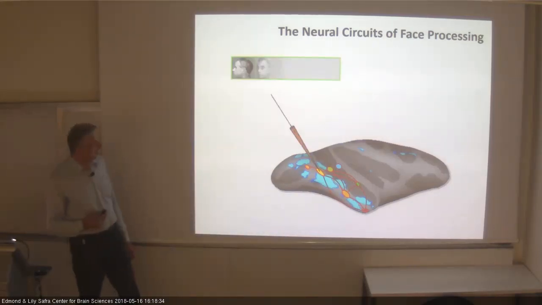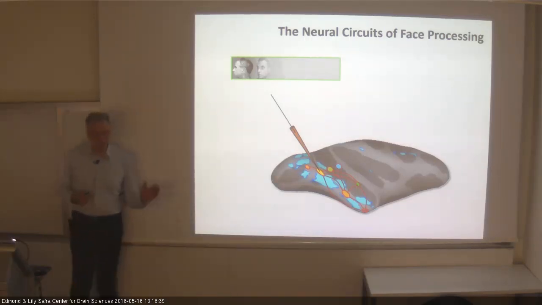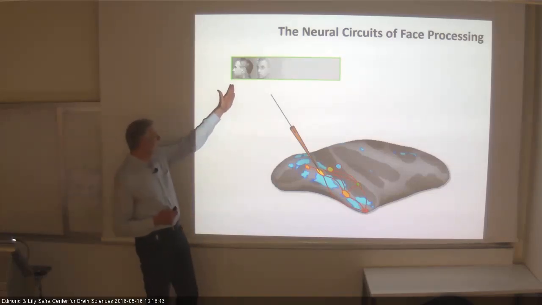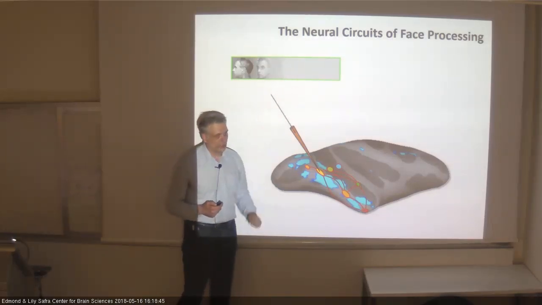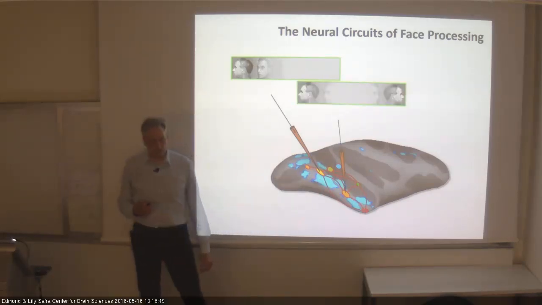So in this face area here, which we called ML, we find face cells like this one here that are very strongly tuned to head orientation. So a given face cell might only respond to left profile, not to the front view, and not to the right view. If you go one level higher up, the cells are still very strongly tuned to head orientation,